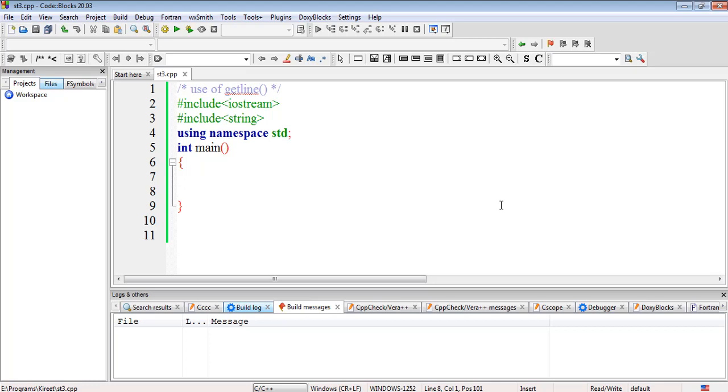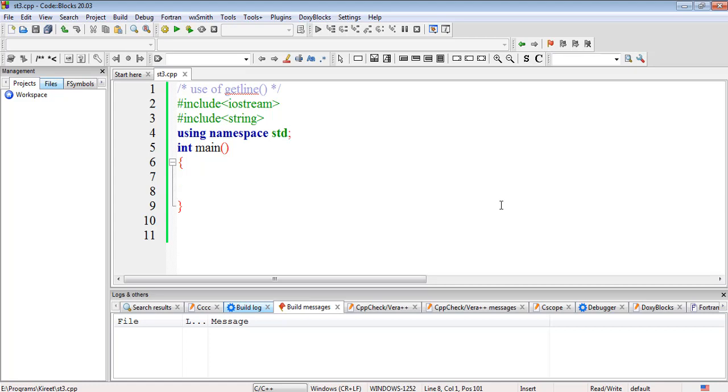So now what we have to do is initialize the string by passing the value during execution time, or we can say we have to use the keyboard or the console input, the standard input stream, to provide the input. We'll take an example of a student. We are trying to read the name of the student and print that value on our standard output console.